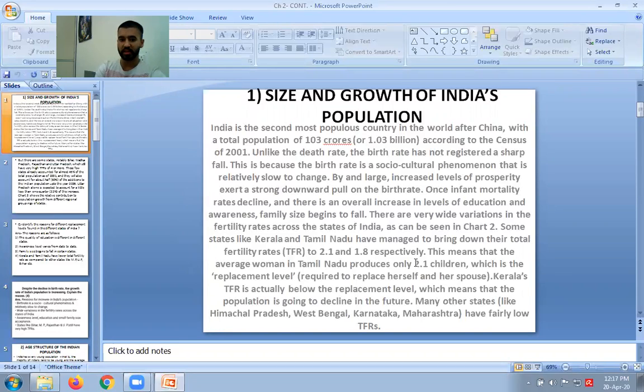This means that the average woman in Tamil Nadu produces only 2.1 children, which is the replacement level required to replace herself. Kerala's total fertility is actually below the replacement level, which means that the population is going to decline in the future. And many other states like Himachal Pradesh, West Bengal, Karnataka, Maharashtra have fairly low